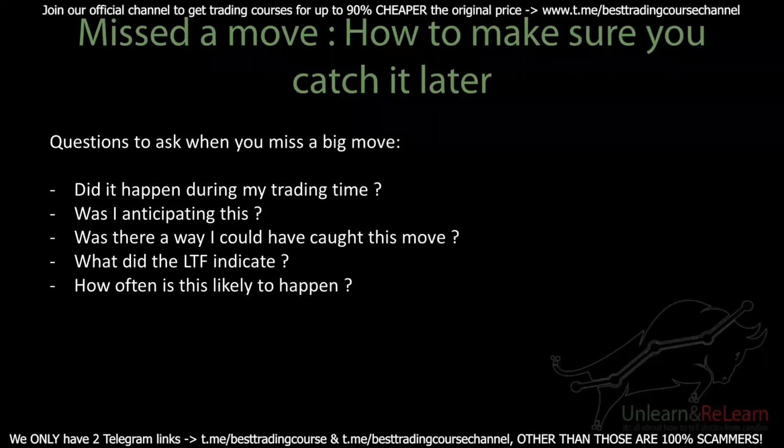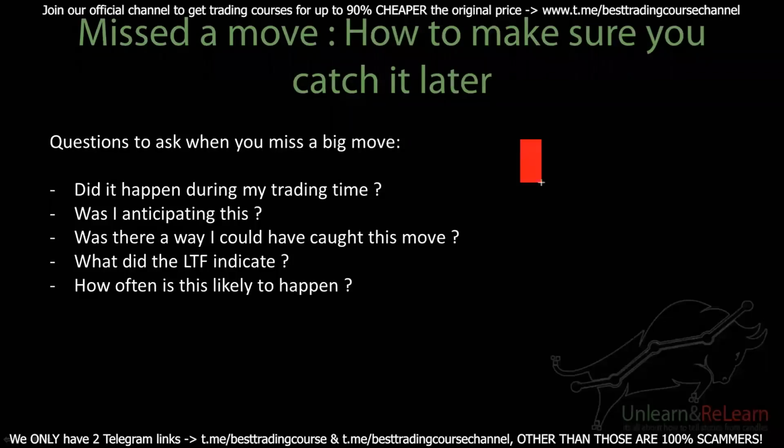And still I miss moves, and I still look back at the lower time frames and see, were the lower time frames creating lower highs and lower lows, or were they creating wicks? Let's say the 30-minute candle had a move like this, and then the next candle moved like this, and then the next candle moved like this.